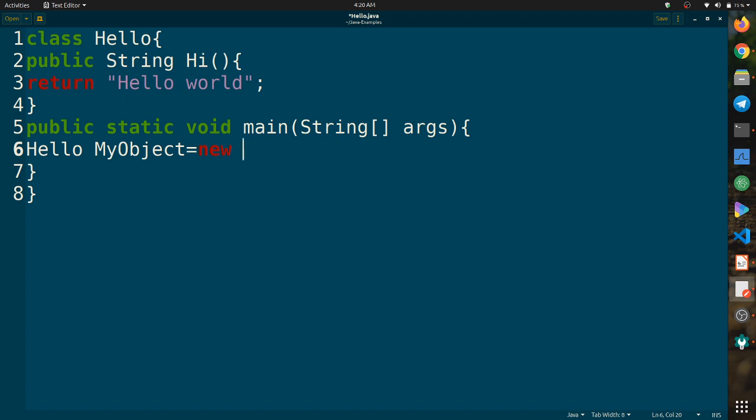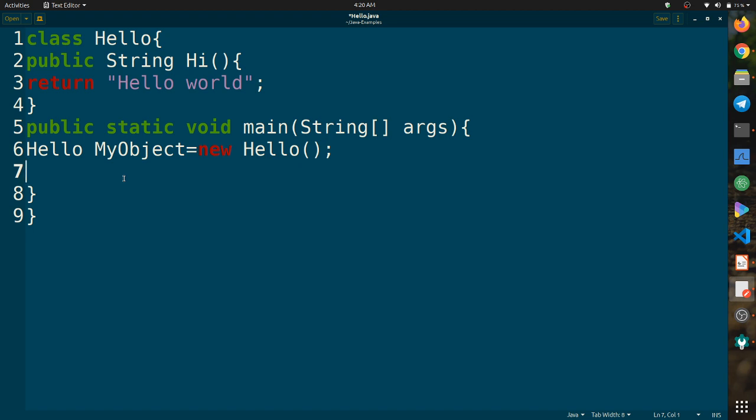This is the interesting thing here: when you want to initialize your object, you type the keyword new followed by the class name, which is the initialization step of your object. So now your object is initialized and now you can use it.